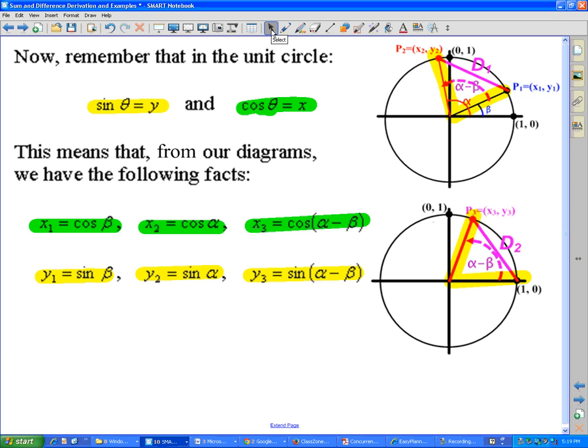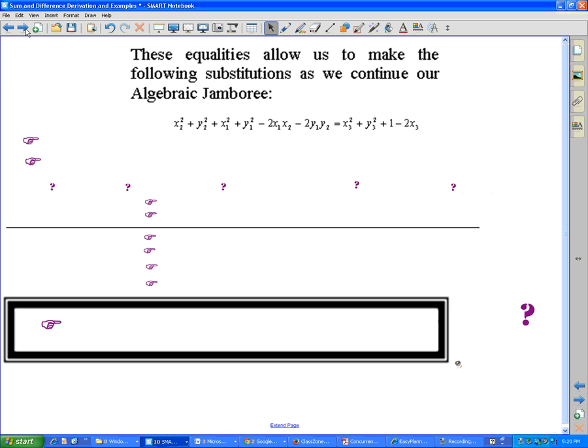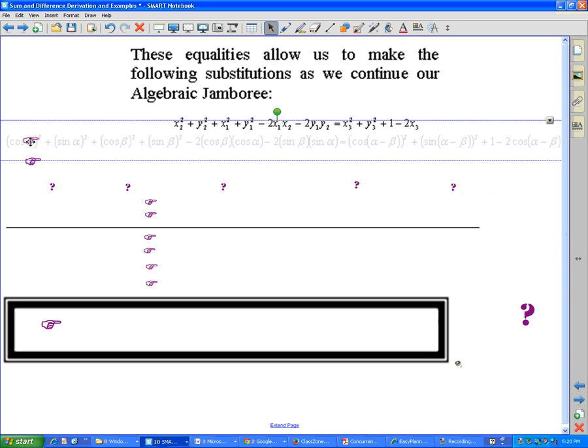We're going to do a whole bunch of substitutions there, guys. This is where we left off. This is where our last step was algebraically, and what we're going to do now is replace all the x's and y's with sines and cosines. Isn't that gorgeous? Well, okay, maybe not, but it's going to get better,